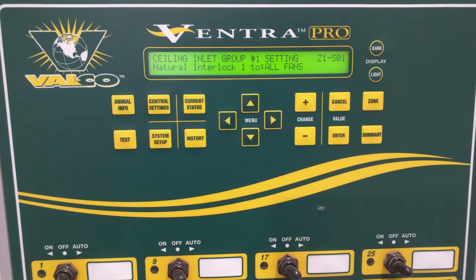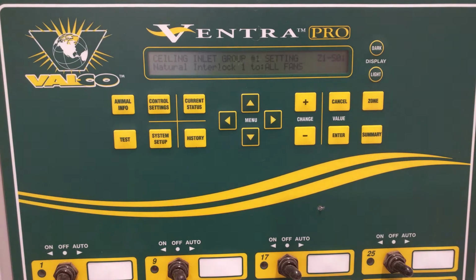Now, you can find out by using a static pressure sensor, or some trial and error using airspeed coming out of the actual ceiling inlets to calculate what the actual static pressure would be based on opening size and airspeed. You can find out what we actually have for a static pressure differential. So those things all can help us to maintain a reasonable static pressure, not too high, not too low, and especially not too low in the wintertime when we're trying to bring in less air, but enough for the animals, and then we might still have an issue with it